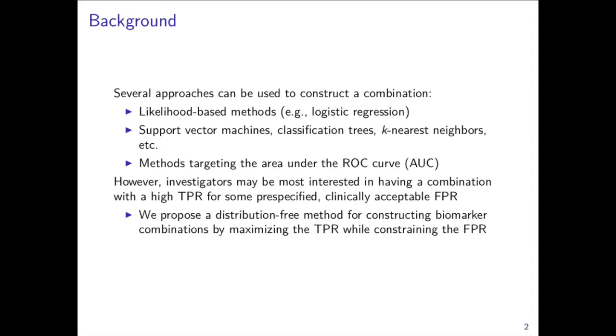Exactly. And so depending upon the context, if having a positive test result would send you to have some massive intervention like a surgical procedure, we might only want to tolerate a very low false positive rate. We don't want to send too many people that don't need that surgical intervention to have it. If the intervention is that we want you to exercise a bit more, or we want to see you twice a year instead of once a year, you might be willing to tolerate a higher false positive rate